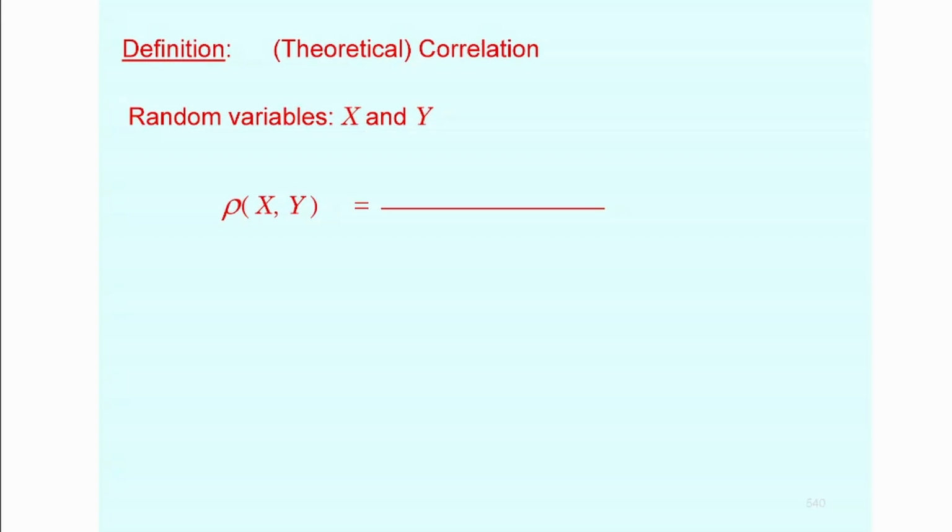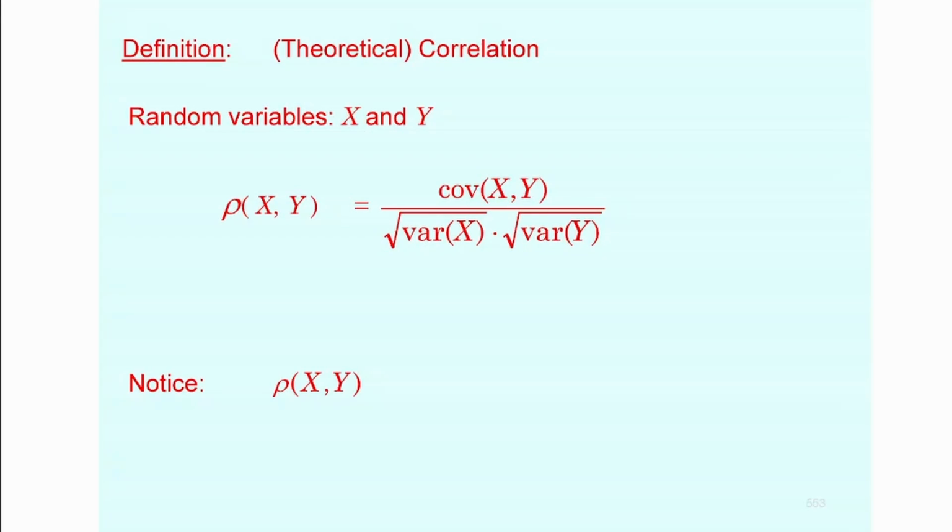Correlation, on a theoretical basis, is the covariance divided by the product of the standard deviations. So that's the standard deviation of the first, and that's going to be the standard deviation of the second. It's not a surprise. I think you've seen this before. It's not a big deal. Anyway, notice that the correlation, and that can be shown relatively easily, is always between -1 and 1.